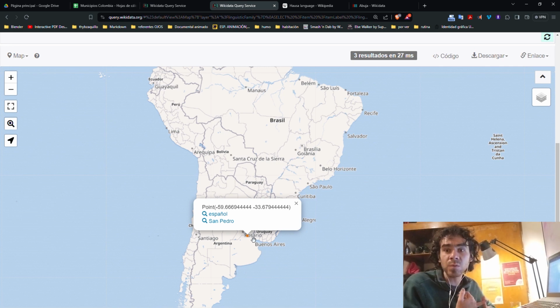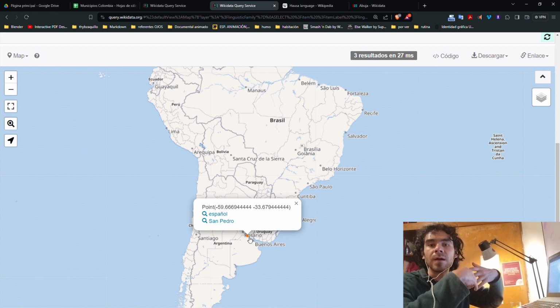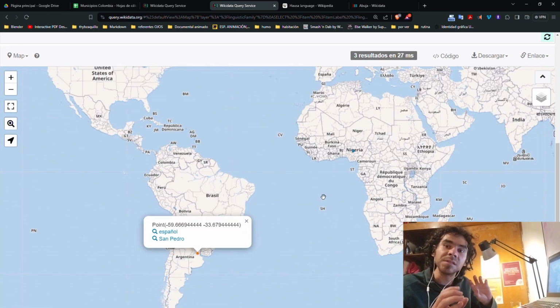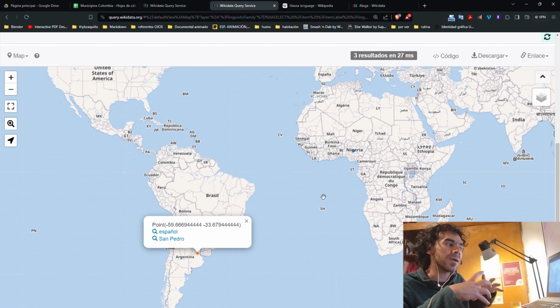The first is a linguistic family for Nigeria, the Afroasiatic, but in this case for San Pedro it is just a language that belongs to a bigger language family. The comparison between Abuja in Nigeria and San Pedro in Argentina is not relating in the same category: one is a general linguistic family and the other a specific language. I want to recommend the following: for example in the Nigeria case, there is no specific item that connects, in this case, a city or a toponym